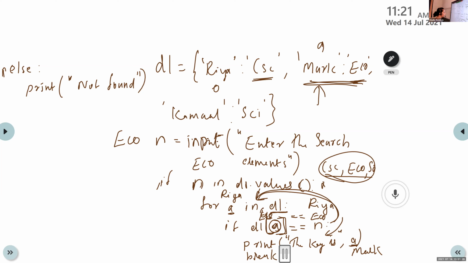After checking, if the result is okay, there is no need of going to the for loop again. We can just break the for loop. For that purpose, we are using a break statement here.